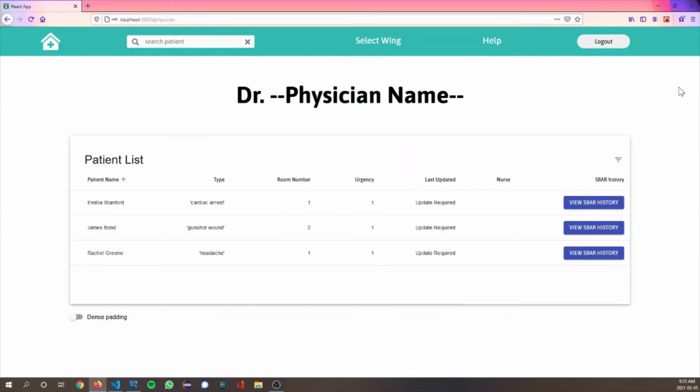It'll take us to the physician homepage. At this point, we haven't done a whole lot with physician. There is a view SBAR history. So let me explain maybe. Physician is,